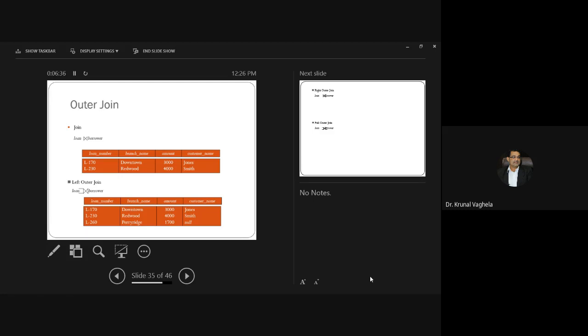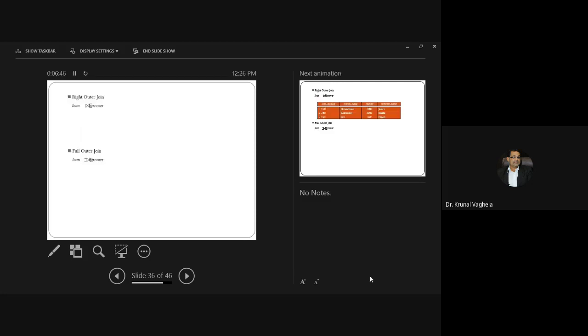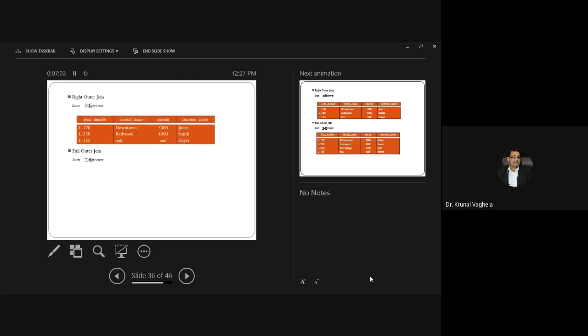So in the left outer join, now you have the customer name. Same with the right outer join. The right outer join symbol is the reverse of the left outer join. Now you understood? Whatever the missing columns of the right table are, they will be there, and the left columns' values will be null.